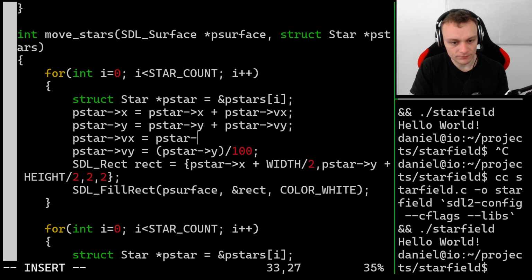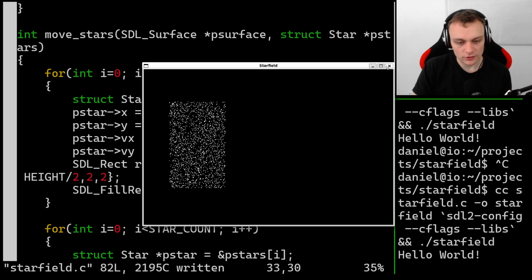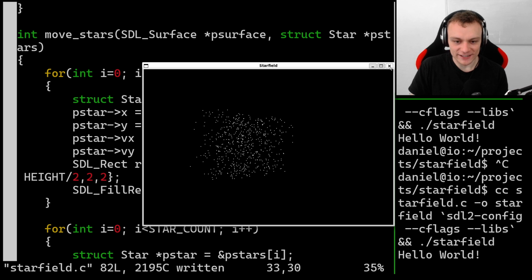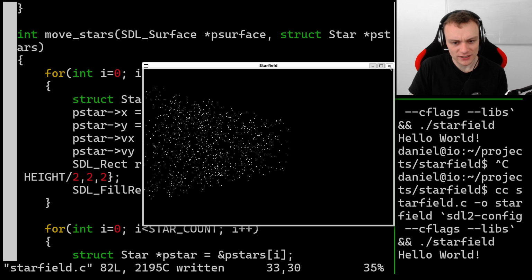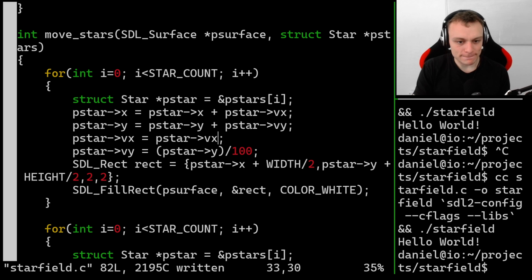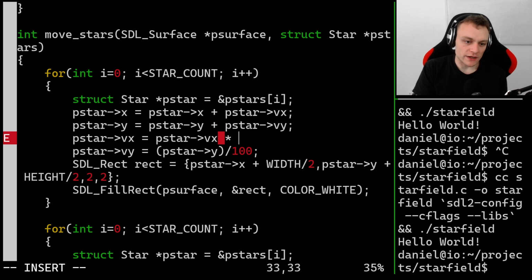P star Vx is, what happens if we just keep the initial speed? Okay, that's interesting. That's a constant movement of stars. It looks quite circular. What happens if we do Vx plus or multiplied by